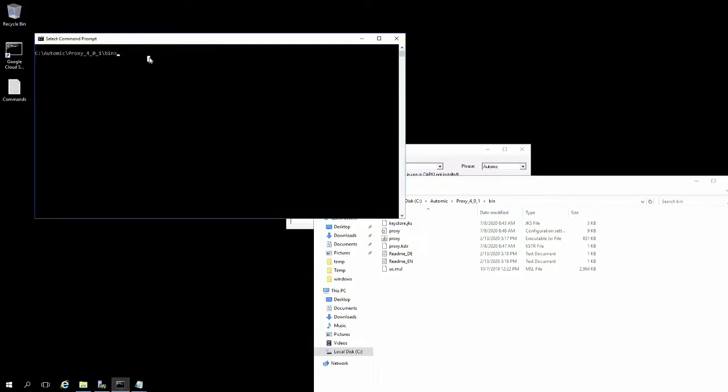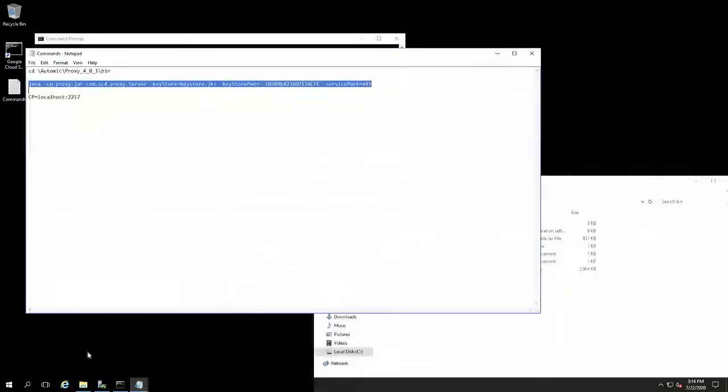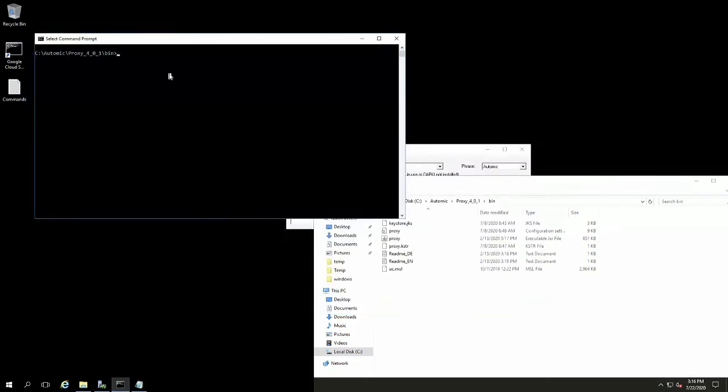I'm going to do a select. Okay, so I'll cheat a moment here. I'll grab the command that we need. So you can see here, it's actually opening up the proxy server. Here's the key store, the password obviously encrypted, and then you can define the service port that you want this would run on. So really,